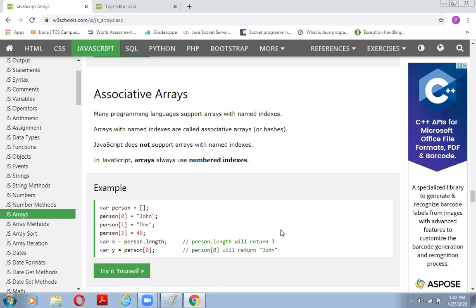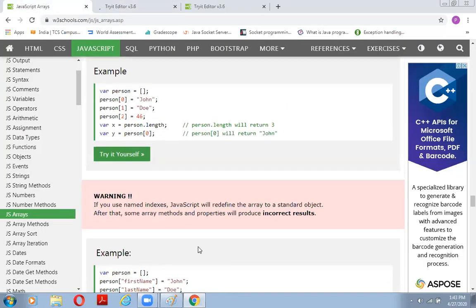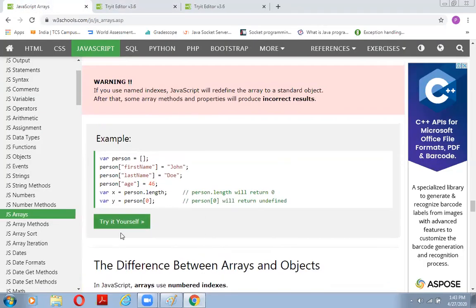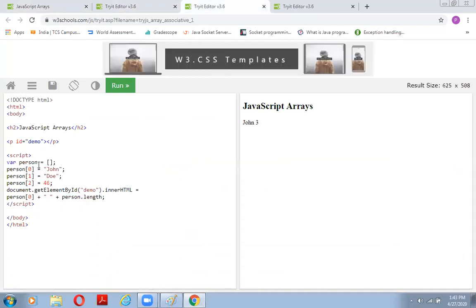In JavaScript, arrays use numbered indexes. It's a very good example to revise your concept. We initiate this and make a hash of it. We define an array and pass 0, 1, 2. In 0 we have John, in 1 we have Roy, in 2 we have Odyssey.